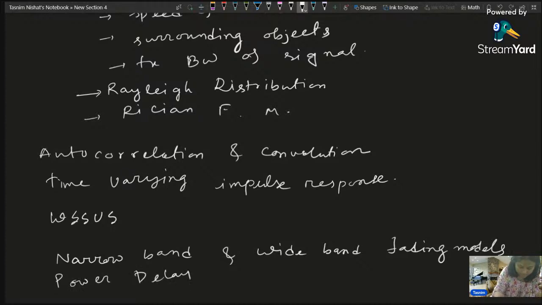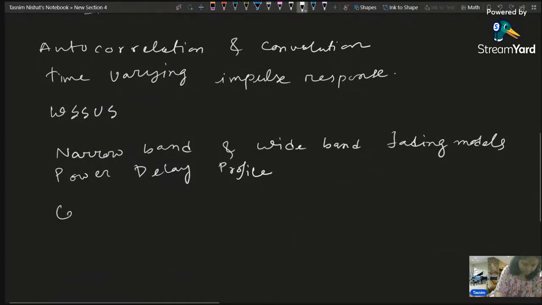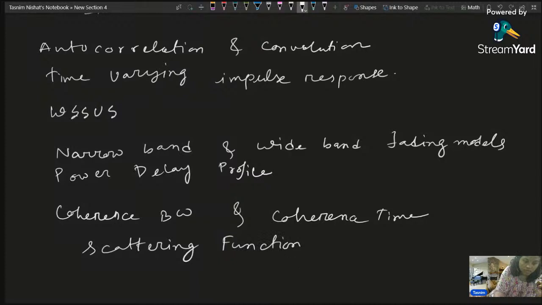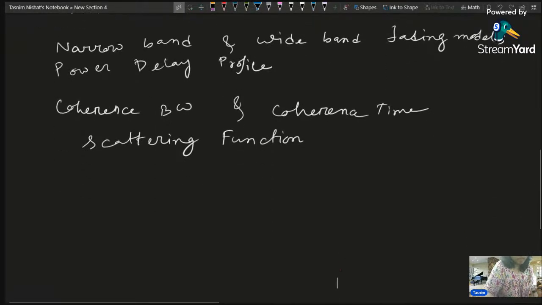Power delay profile, coherence bandwidth and coherence time, scattering function. So these we will need throughout our study. And we dive into